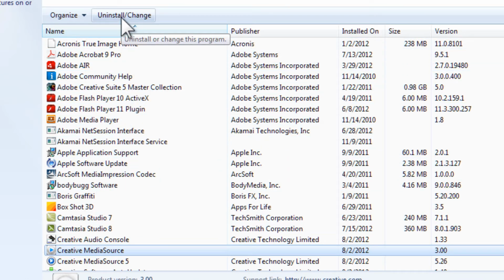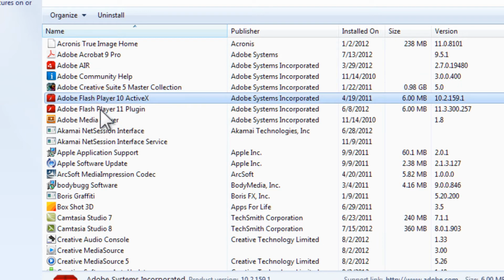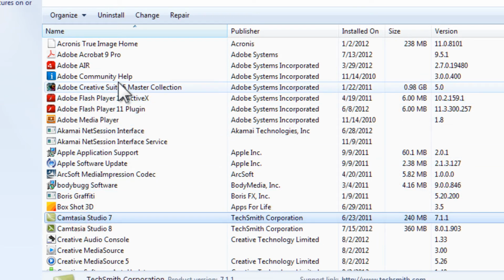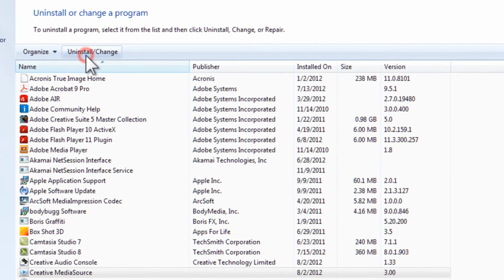Now depending on what you click on, different programs will give you different options. Sometimes you'll get one for repairing something. Camtasia Studio 7, for example, will let you repair, change, or uninstall. So if the program isn't running right, you can actually come here too and try and repair it, and a lot of times that will fix it. But for the moment, let's go to this one. And I just want to show you what it looks like when you do uninstall. So click on uninstall,